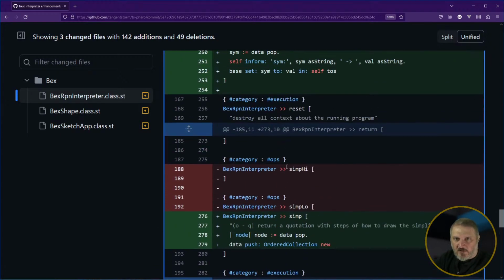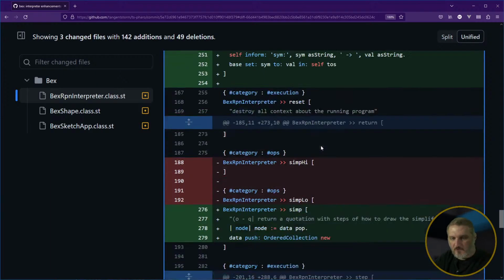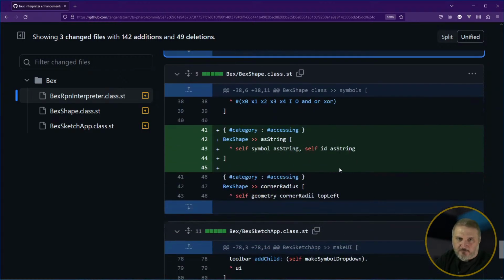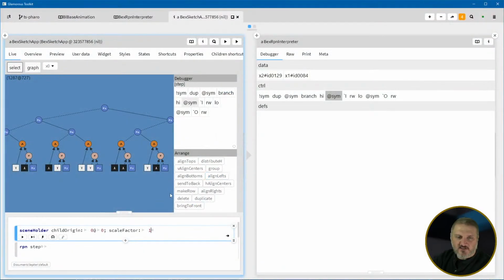So then that made it possible to push replace down into Forth or into the language, and then I could get rid of these, and that's it. All right, so that was a lot of detail, but there you go. Basically the same language, but now you have symbols and the ability to do quotations, and the actual code that I'm looking at now is a lot more